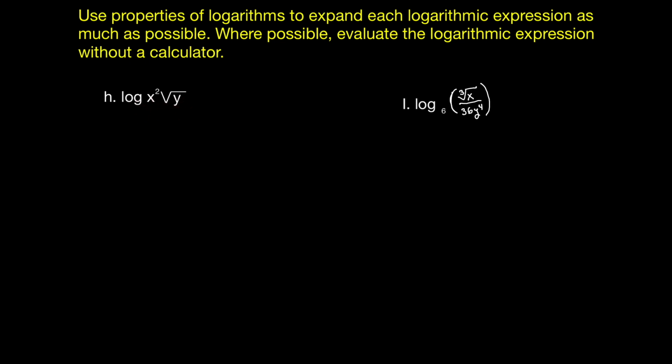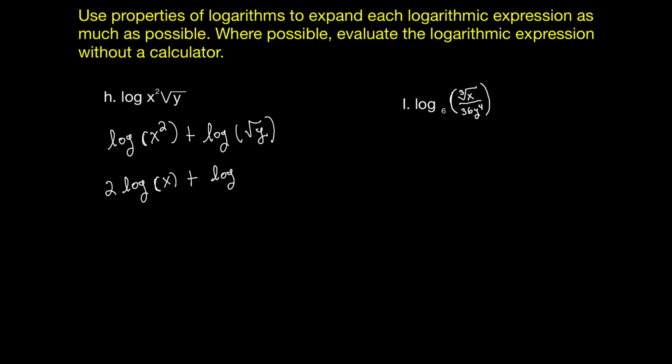Now, the first thing I notice here on the left is that I have a product. I have x squared times the square root of y. So I can rewrite this logarithmic expression as log of x squared plus log of root y. Next, I notice that I have an exponent on my argument, so I can bring that exponent next to the logarithm, and now I have 2 log x